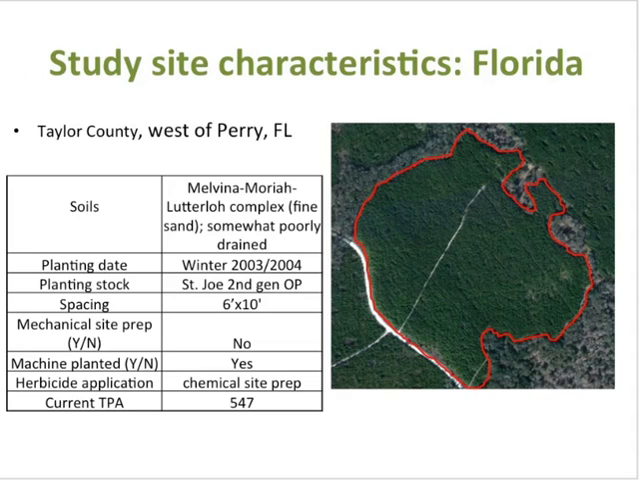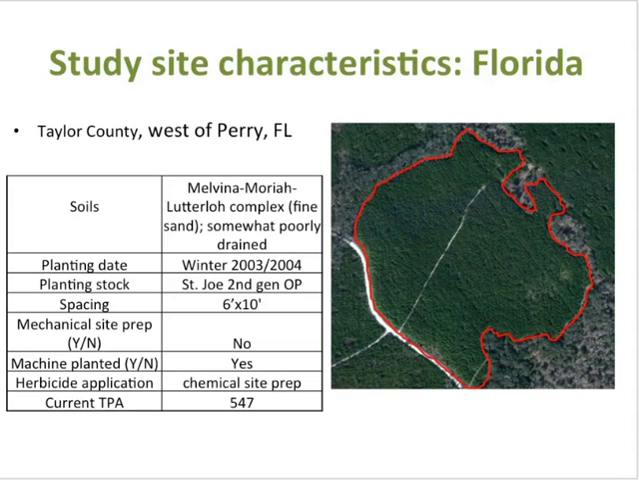The site is about 8 years old now. It was planted in 2003 or early 2004, and the planting stock was St. Joe Company, second generation open pollinated stock. It was planted on 6-foot by 10-foot spacing. There was mechanical site prep, essentially it was lined. I'm sure it was probably raked, but